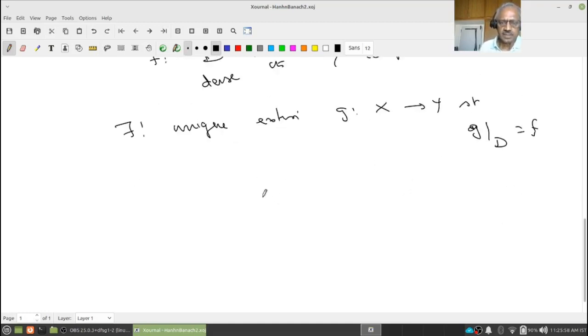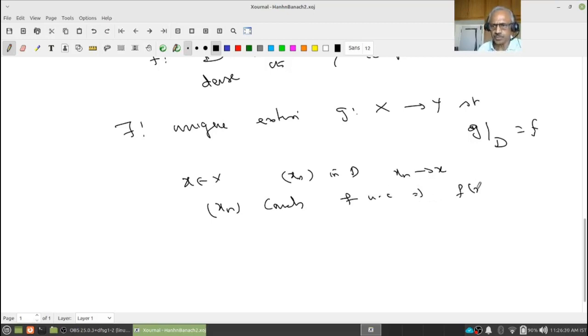Okay, right. I'll quickly go through this. There is a video on this extension of uniformly continuous functions. You can check it out, or you can also read it from my topology of metric spaces book. The result is easy. Suppose x is in X, then there is a sequence xn in D such that xn converges to x. Therefore xn is Cauchy, right? f uniformly continuous implies f carries Cauchy sequences to Cauchy sequences, therefore f of xn is Cauchy